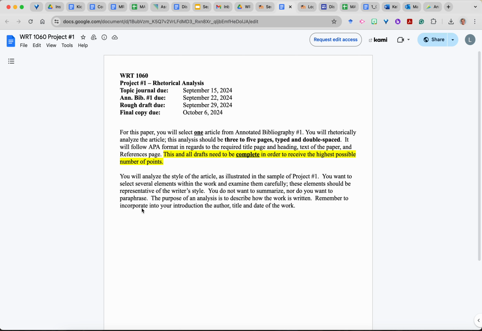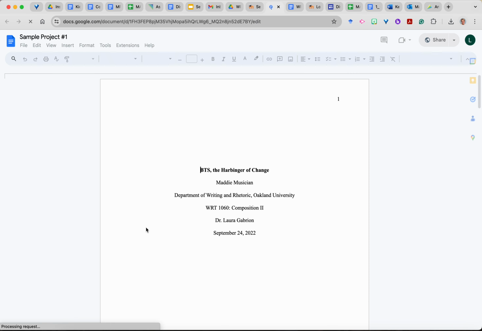You'll have a 3 to 5 page paper, typed, double-spaced, using APA format. And with that, you'll have your required title page and heading, the text of your paper, and the references page. And the references page will only be that one source. And then you've got a sample in here. So if you go back to the review section, you've got a sample project number 1, and you can see